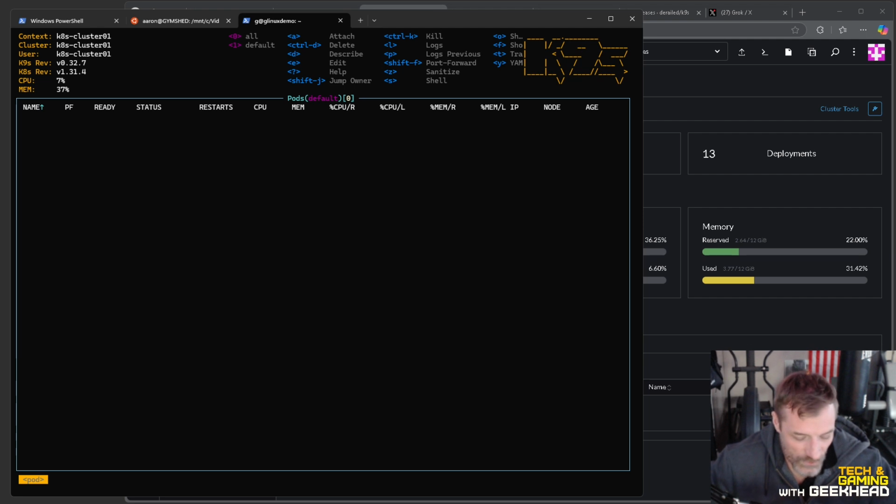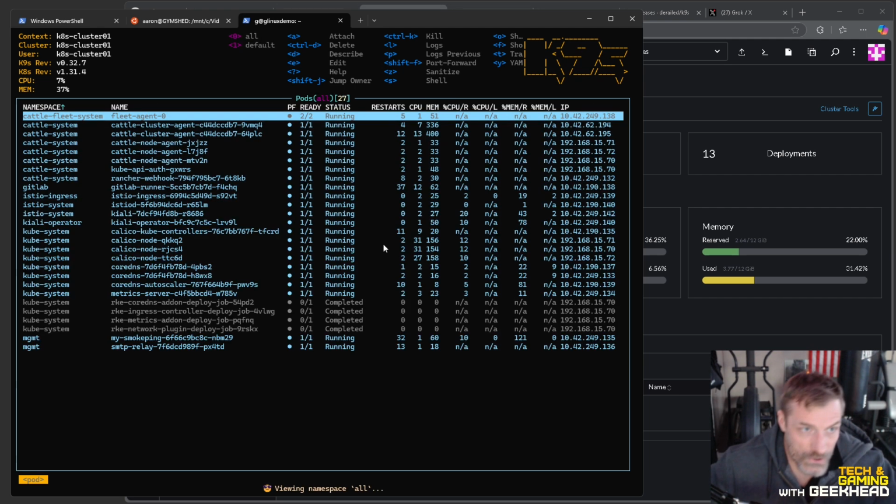And it just starts out connected to the Kubernetes cluster. You can see the cluster and the context up here, the user that's configured with that cluster, etc. Your K8s version, CPU and memory stats, and then pods in the default namespace. So if you want to see all namespaces, you could just hit 0 for all, and it'll show every running